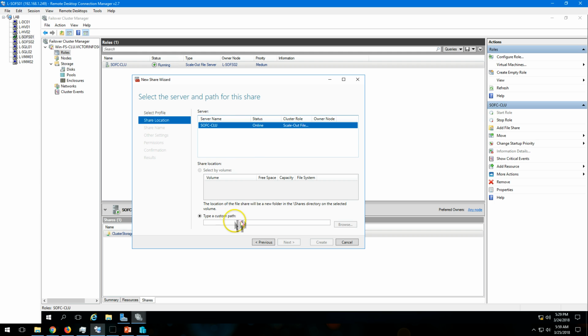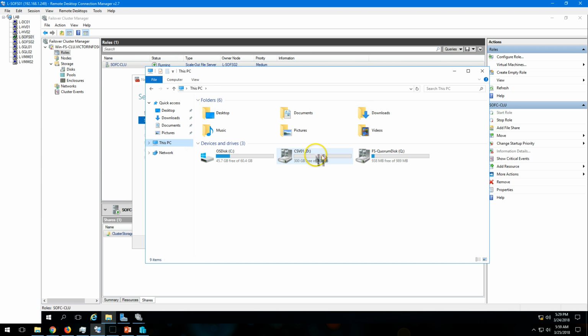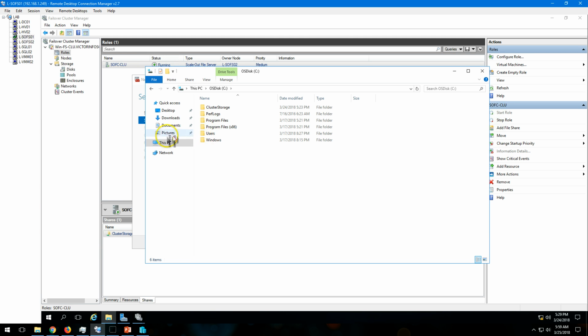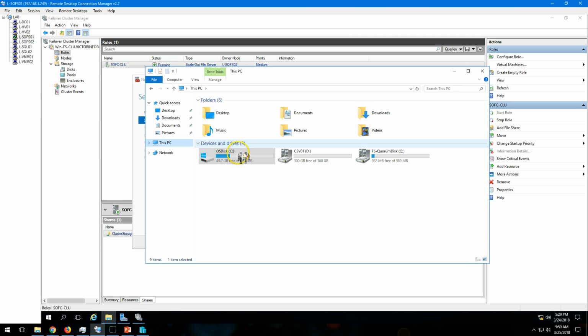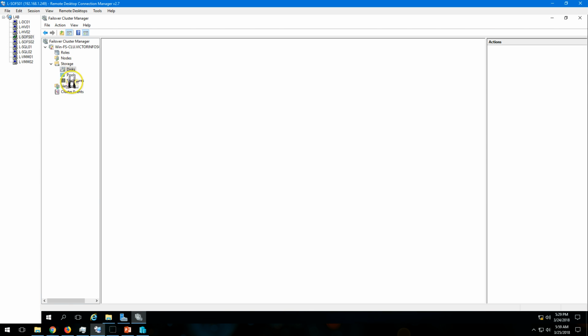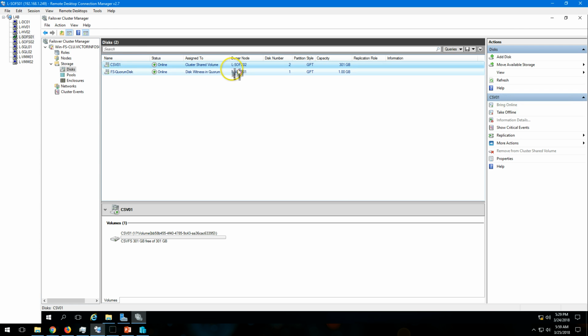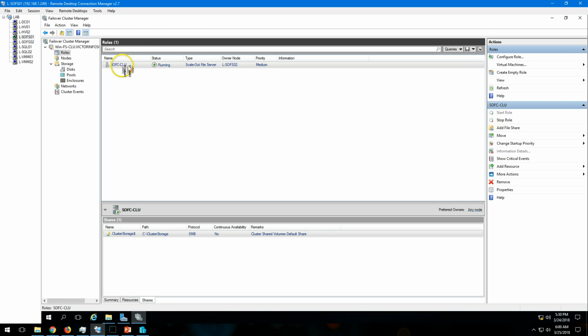So I'm going with this and type the path. So we have a path here. So I'm going to put the path. Like you can see, this is a cluster storage. It's not in cluster storage. So what I'm going to do now, I'm going to bring this storage first, as a CSV disk. So available storage, add it to cluster storage, and now we can go ahead and do this add share. So add file share,